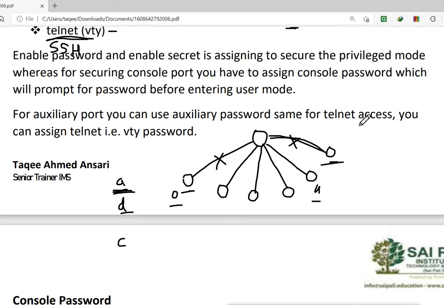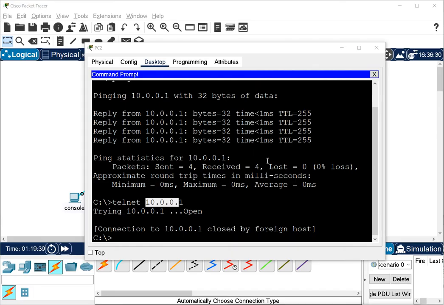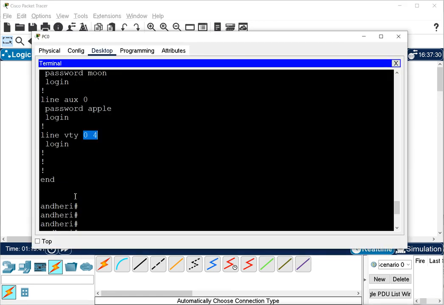So simultaneous connections are accepted from 0 to 15. It is up to us how many simultaneous connections we want to enable, 0 to 4 or 0 to 15.